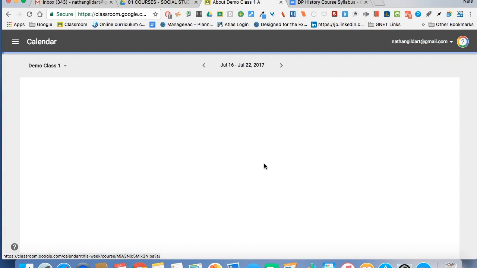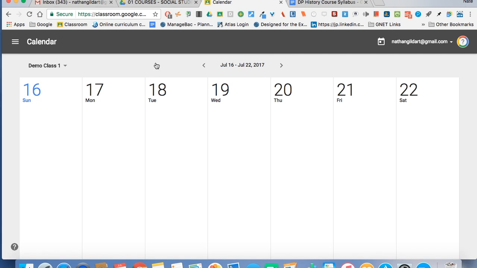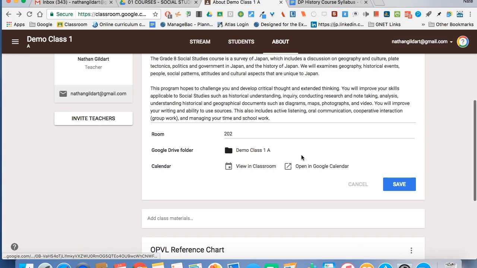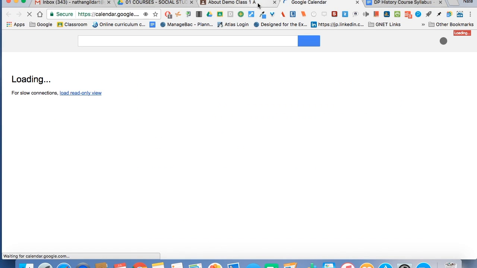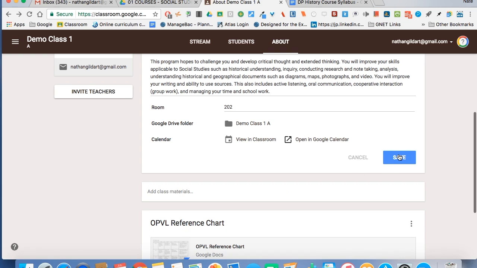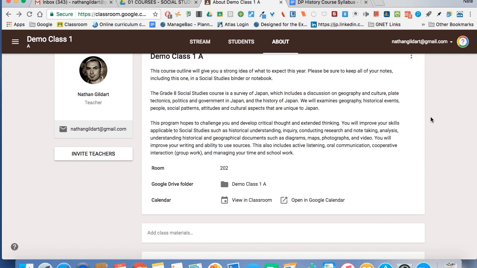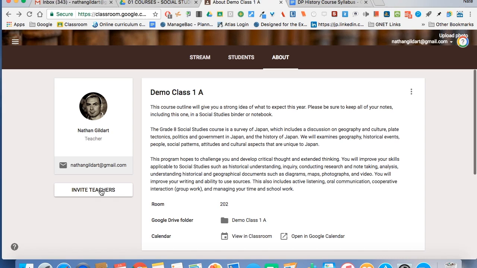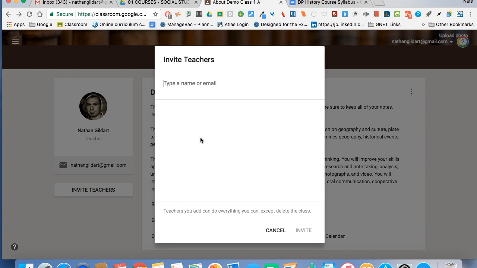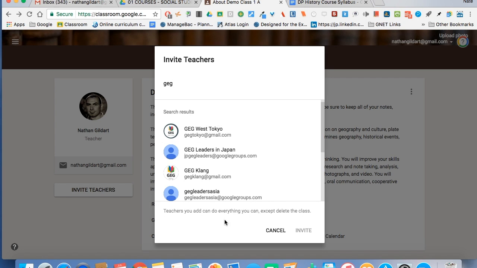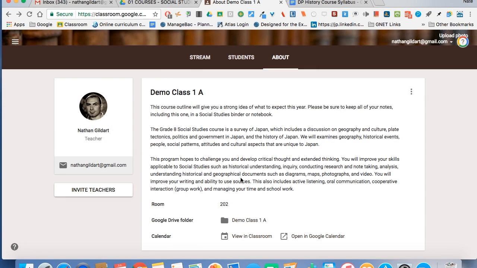Now, if you want, you can view the classroom within the calendar within Google Classroom, or as you noticed, you could look at it in Google Calendar itself. I'm going to click Save here. Now, if I want, I can invite a teacher within my domain. So I click Invite Teachers. I would just type the email of whoever might be in my school domain and invite them, and then they have to accept. If I want to edit anything, these three little buttons all throughout Google Classroom,